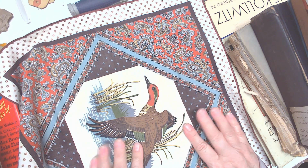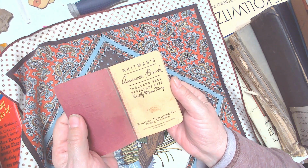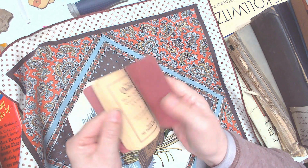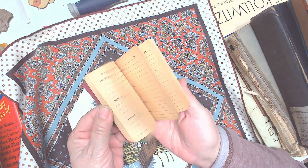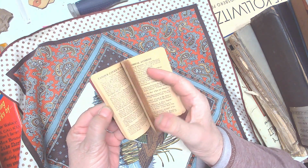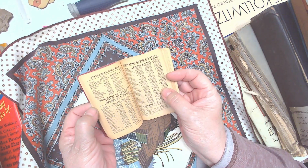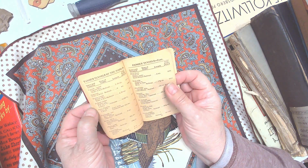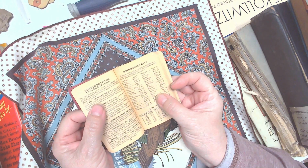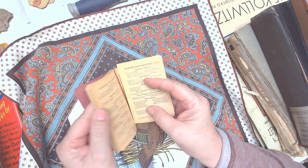Look at this little answer book. 1,000 fact reference with daily memo diary. Now look at this. Believe it or not, I have seen these: weights and measures, books of the Bible, famous canals of the world, state area codes. Famous tunnels of the world, what to do in an accident, Independence Days, legal holidays. So it's just a little fact book. But again, these are going to be great to put on